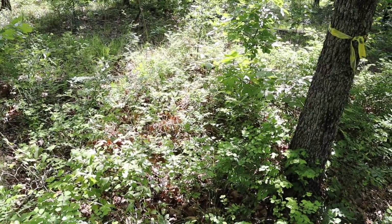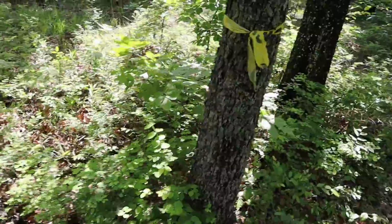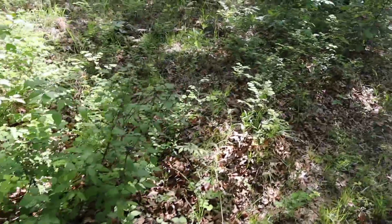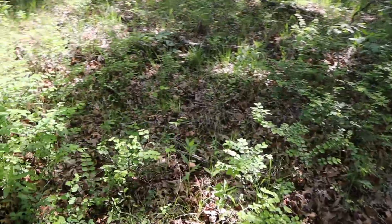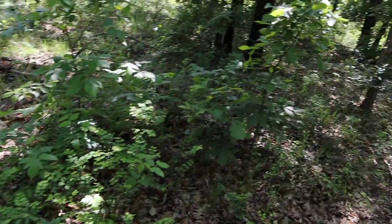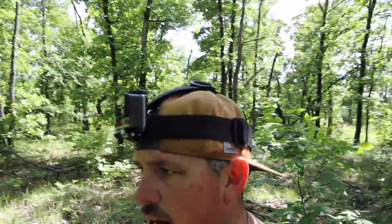And looks like we don't have anything yet. Everything's green now though. It's leafed out. Now we just need the flowers to come on, so the fruit can come on. So nothing yet, but I think last year, if I remember correctly,